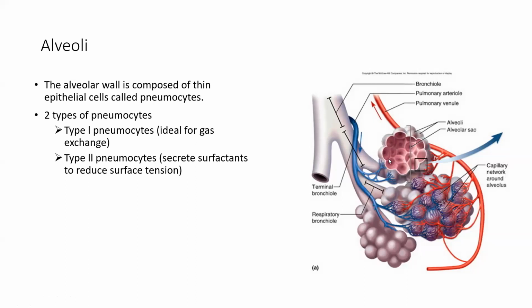Type 1 pneumocytes are involved in gas exchange and are abundant. Type 2 pneumocytes secrete a substance called surfactant, which reduces the surface tension in the alveoli and helps keep the alveoli open. It helps the alveoli, which are outpouchings like a tube-like structure, maintain their structure and regain it, so it doesn't allow them to